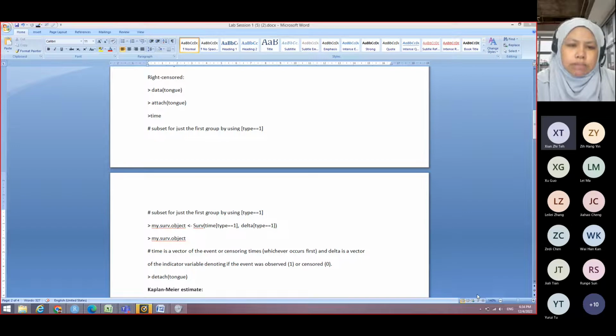Just now I tried to download the survival and KM packages, and then I tried to attach the tongue data, but an error came out saying the data tongue was not found. But have you installed and loaded your library properly? I tried already, but